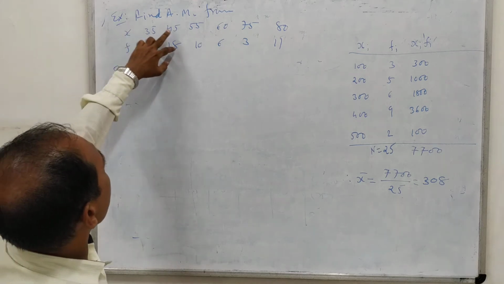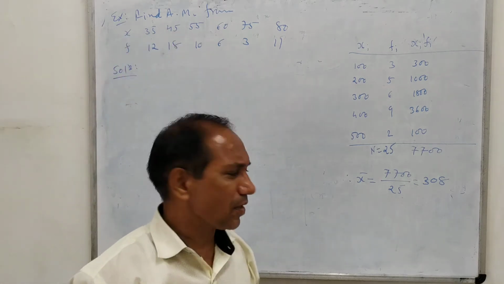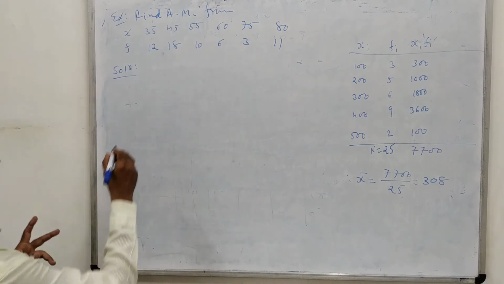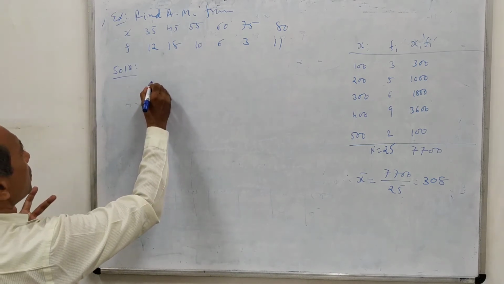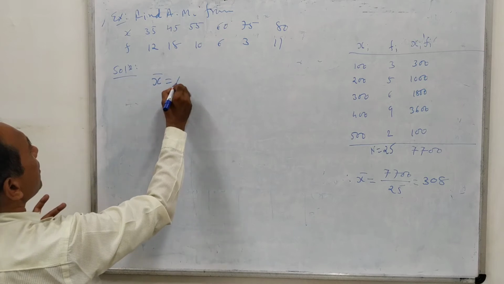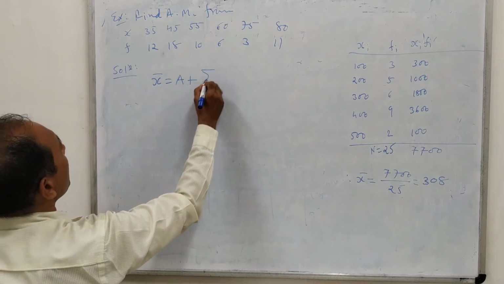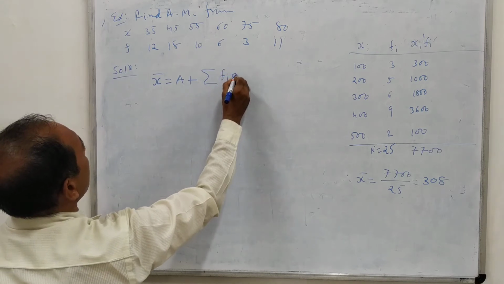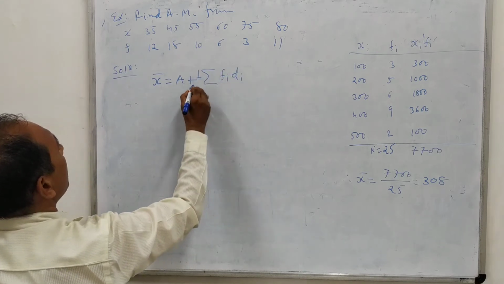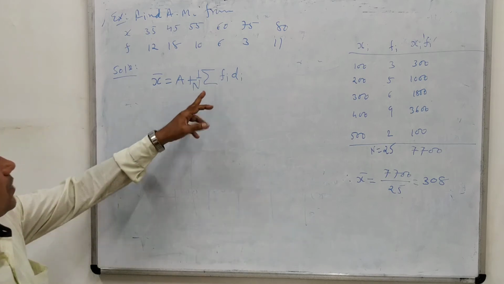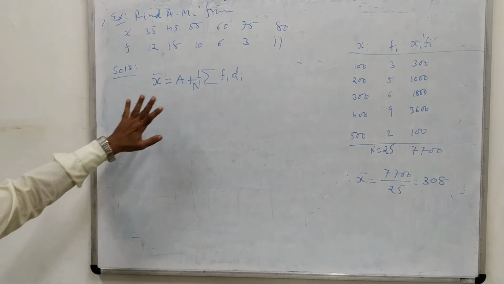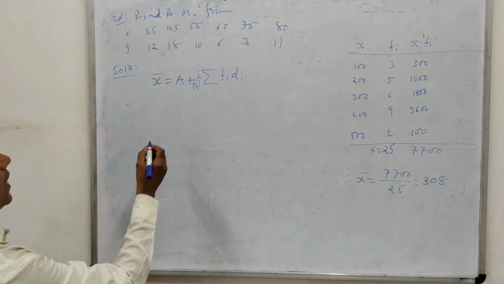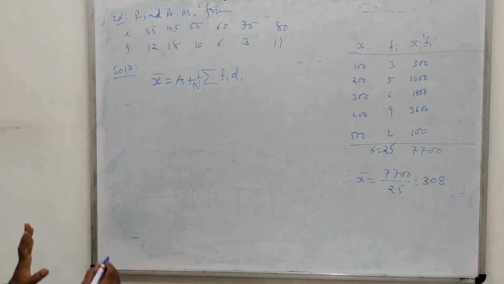Here again the multiplication will become simple by using calci, so you can use the formula which we have used in the last example. But here I want to show how the other formulas can also be implemented. So we will take the formula 1 upon capital N into sigma Fi di, where capital A is the assumed value, and di equal to xi minus A, as we discussed earlier.